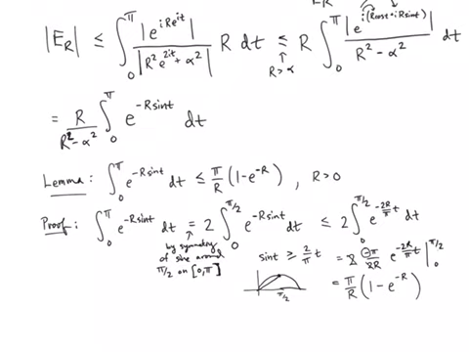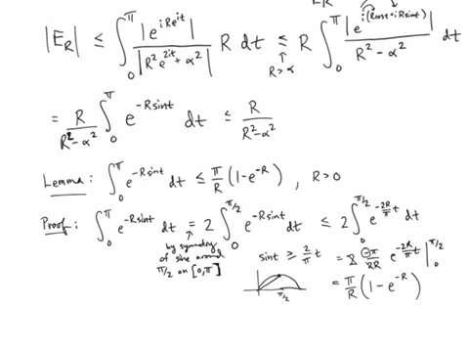Okay, which is exactly the statement of the lemma. All right, so you're basically just using that linear graph there as a lower bound for sine. That's kind of the key, after a little bit of a symmetry argument to reduce the interval down to pi over 2. Okay, so returning to the estimate above, this is less than or equal to r over r squared